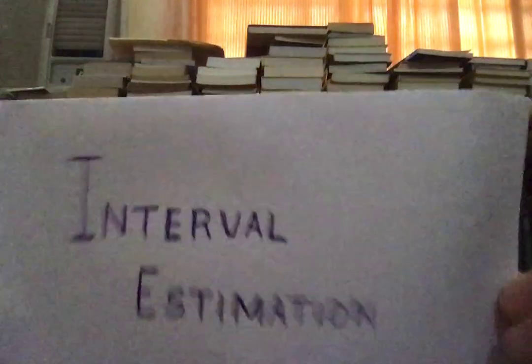So we are going to talk about interval estimation, and only one kind of estimation today. That is estimating the mean of a normal population, a population described by a normal PDF, whose sigma square value, or the variance, is supposed to be known. So this is what we are going to study today, interval estimation.